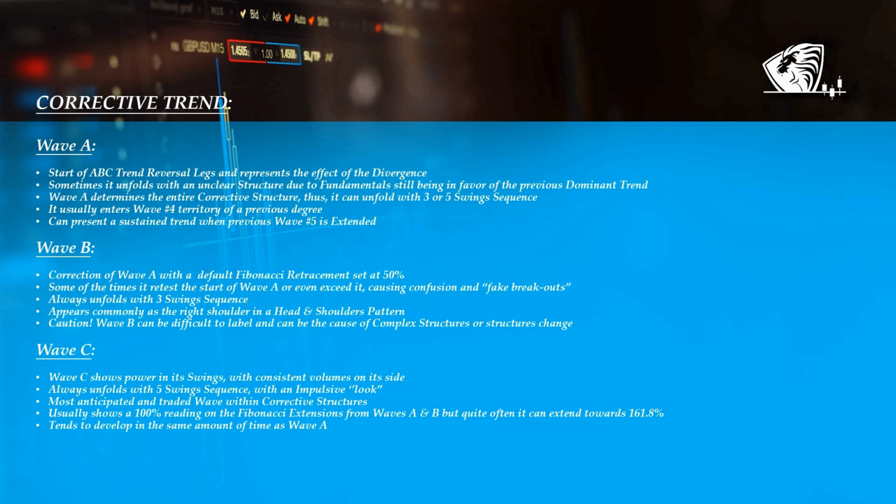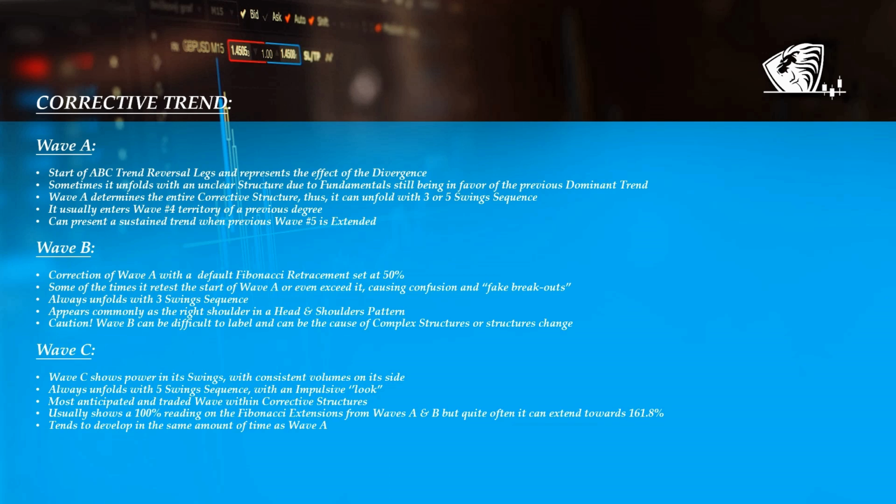Wave C is known to have consistent volumes on its side, clearing up the market's doubts on the actual trend, showing power in its swings. This wave always unfolds with a 5 swings sequence regardless of the structure type. It is well known for the impulsive look, and it is also the most traded wave from the entire ABC